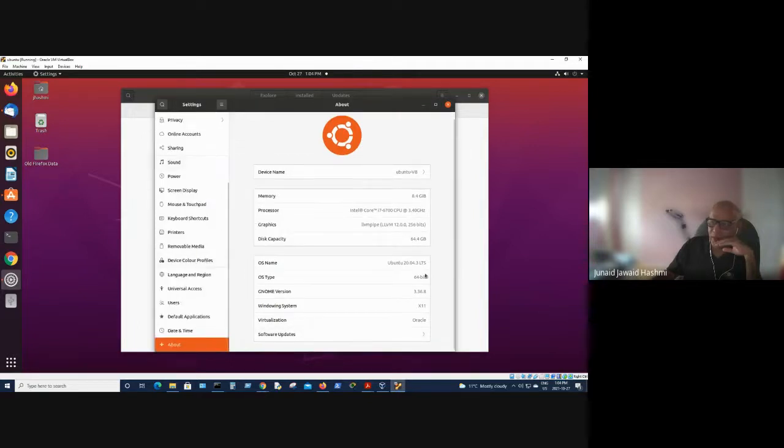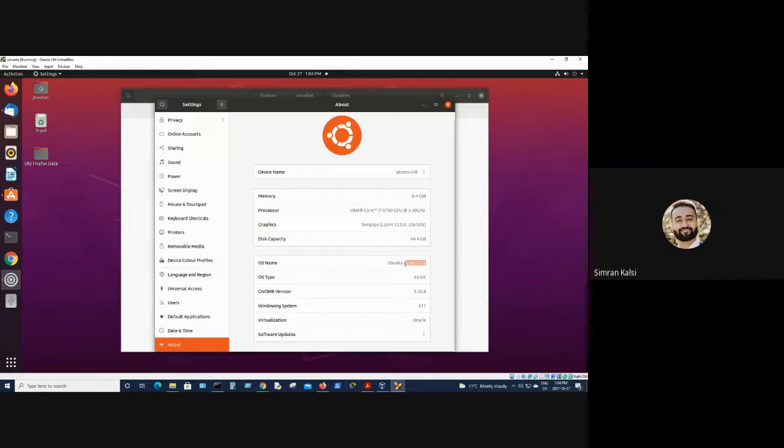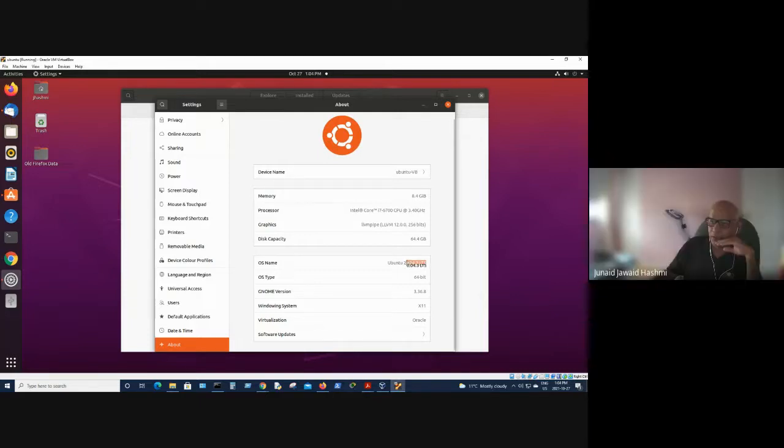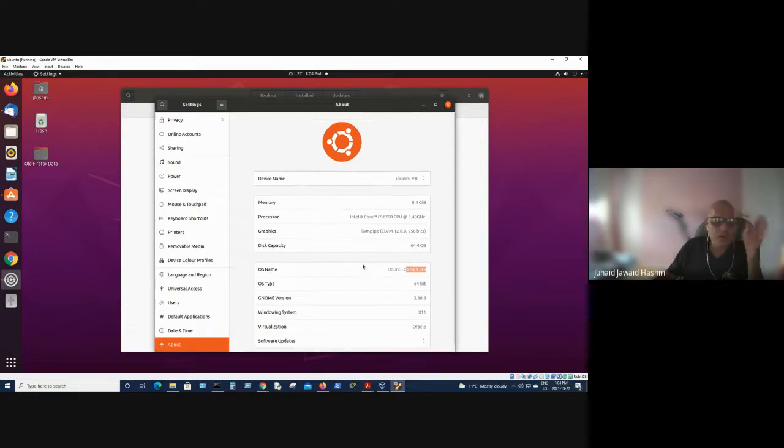And I'm using Ubuntu. This is the version you installed, 20.4.3. Yes. Yeah, so it should install. Okay, if not, we have to go through